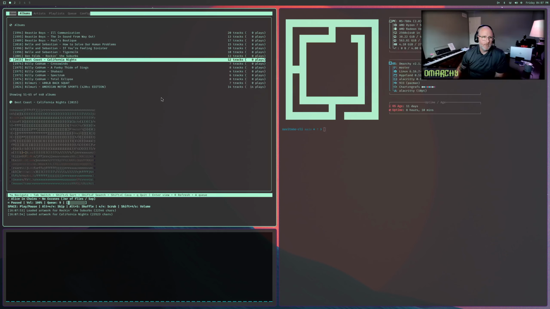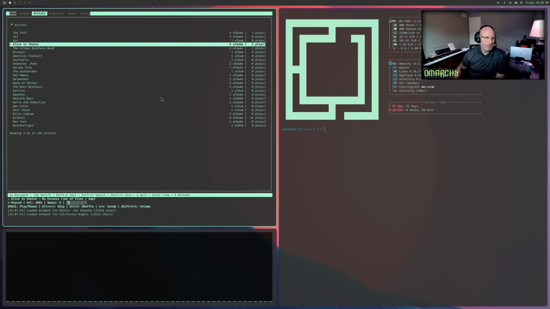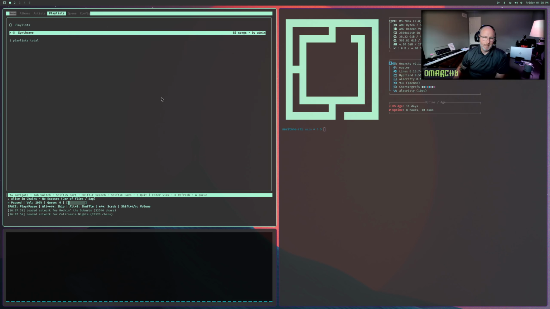So yeah, I mean it's pretty cool. It works really well. Once you get it set up, it's minimal configuration. For the playlist tab, it'll pull in the playlists you actually already have established on your Navidrome server. There's no playlist management here. It's really just for setting that up on the Navidrome server and then having them pull in here